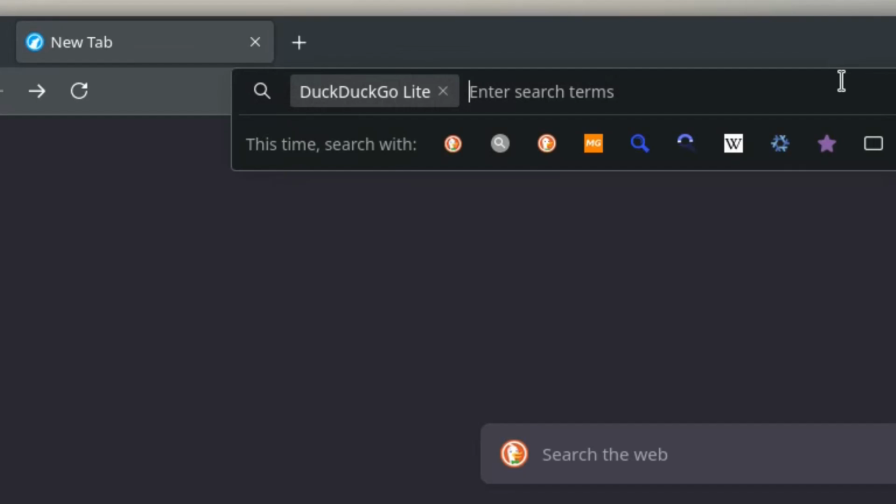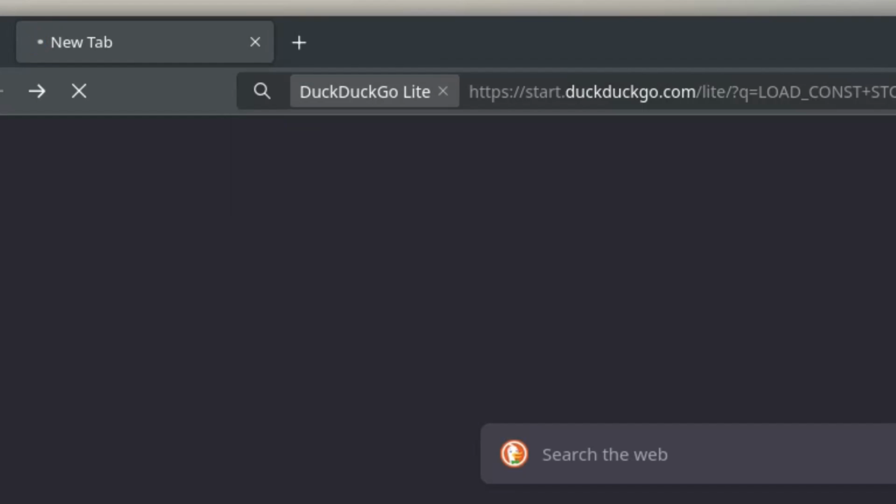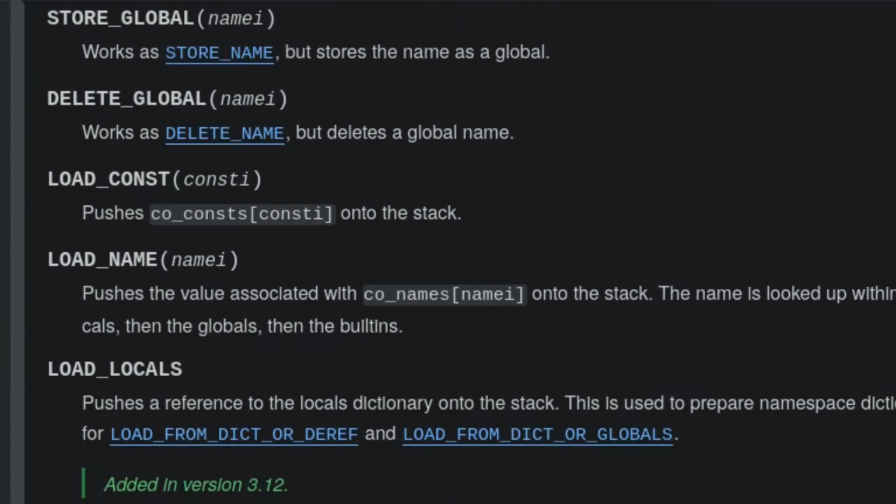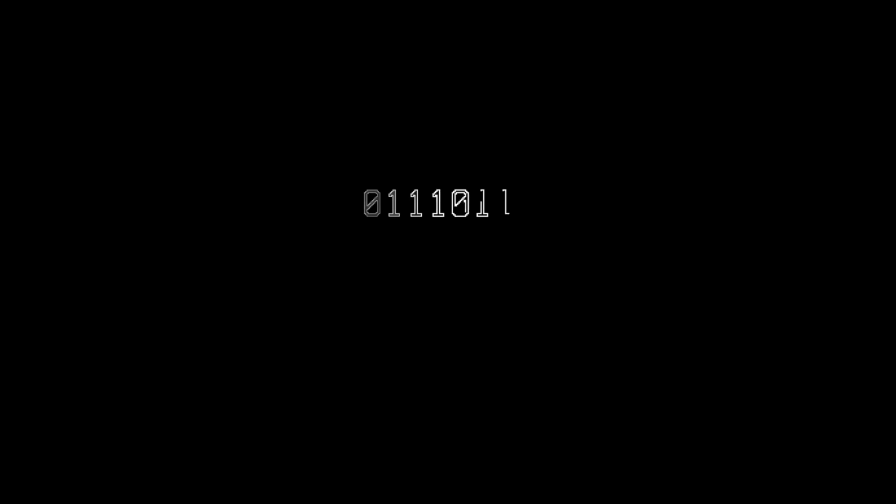But even if there were no dead giveaways of being related to Python, we could try looking up one of these instructions. This would lead us to the page for dis, the Python disassembler, which provides a helpful description for what each instruction does. So let's try to build an intuition for this Python bytecode thing from the ground up.